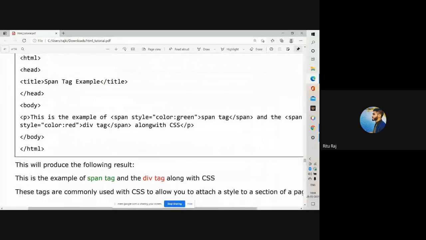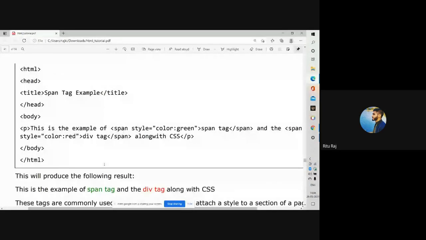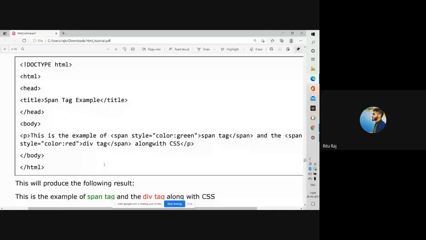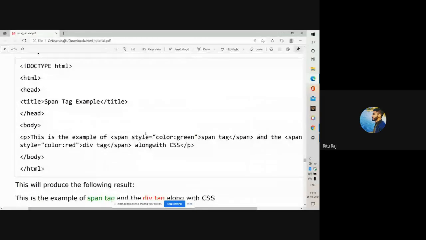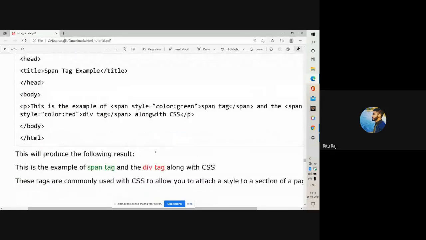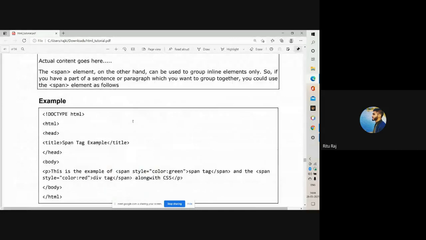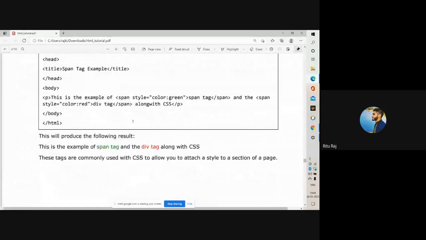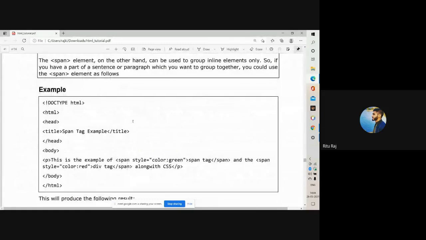This is an example of a span tag and division tag along with CSS. Here CSS has been used. These tags are commonly used with CSS to attach a style to a section of a page.